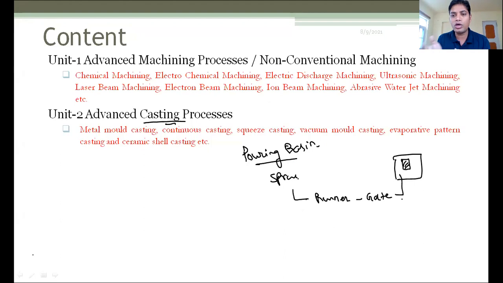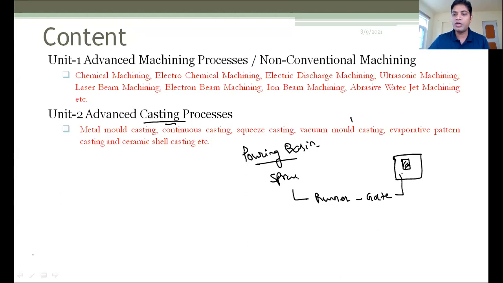Now if we have to create a hollow cavity, at that time we are using this core, and this core is generally made of sand. Okay, and sometimes we are also using chaplets. So why are we using the chaplets? Because if we have to hold any cavity or hollow part,